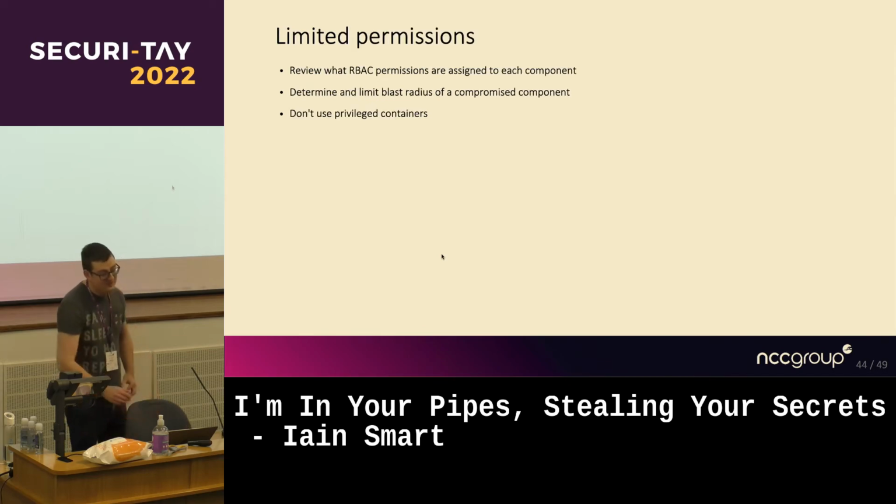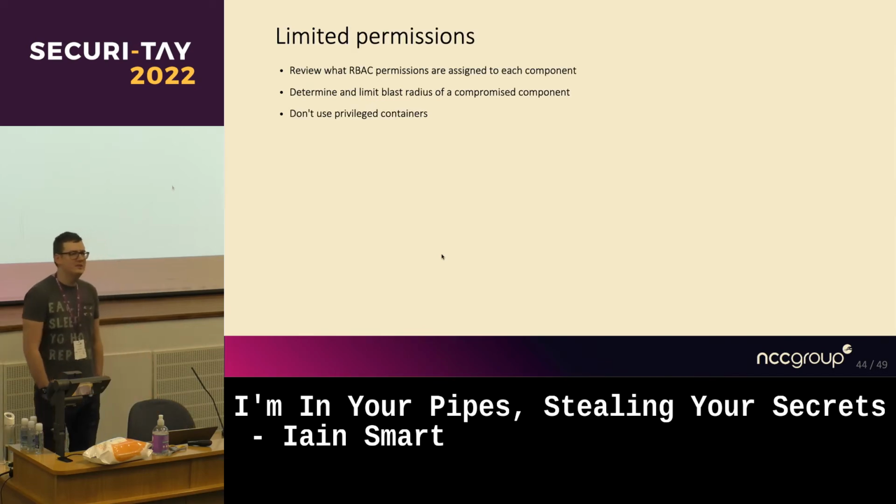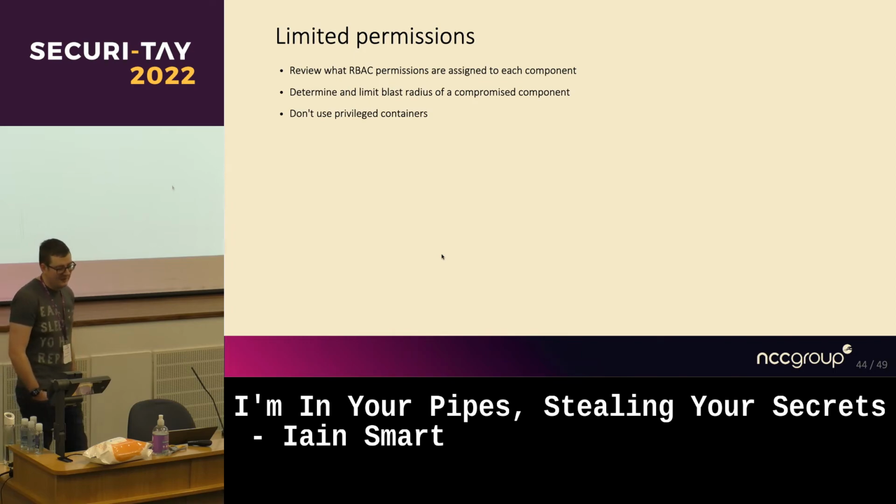Limited permissions: work out what permissions each component really needs. If you need to deploy an image into a container registry, can you do RBAC on a per image basis? So instead of saying, oh, I can write any image I want to anywhere in this registry, only allow the build component for your phone number API to deploy the phone number image, rather than saying everything.